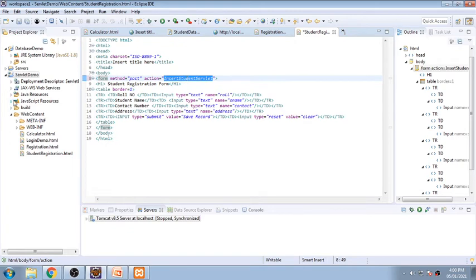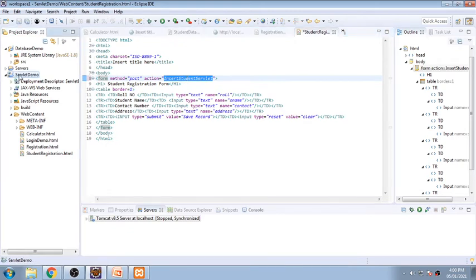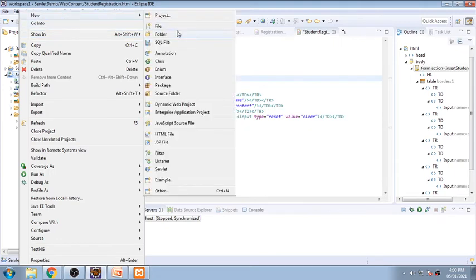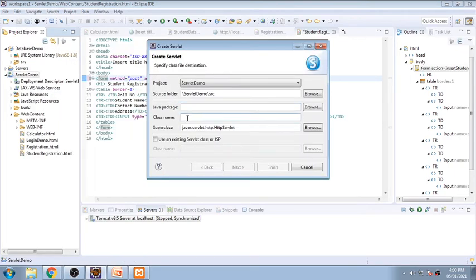I am copying the name and I am clicking on this server demo, right click, new, and this is nothing but your servlet. I am pasting the name because there should not be a change in the name, so I am pasting the name InsertStudentServlet into class name, not in the package name.